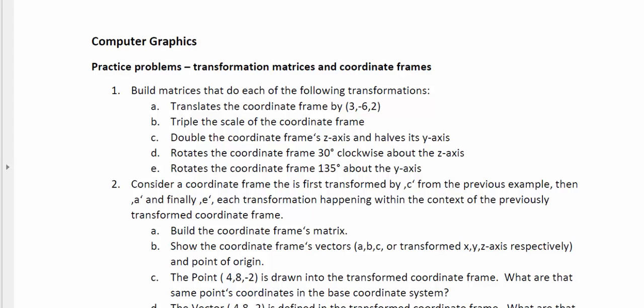So, solutions to these problems on transformation matrices and coordinate frames. Let's just get right into it. To begin with, we're building single matrices to do specific transformations. In this first one, we want a matrix that will translate the coordinate frame by 3, minus 6,